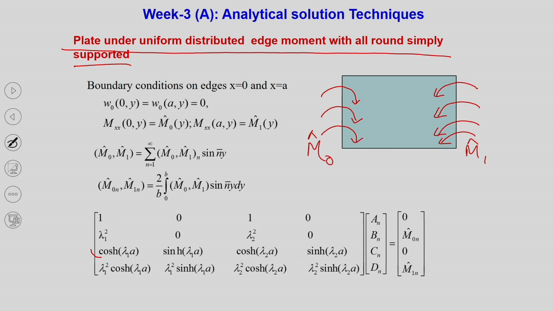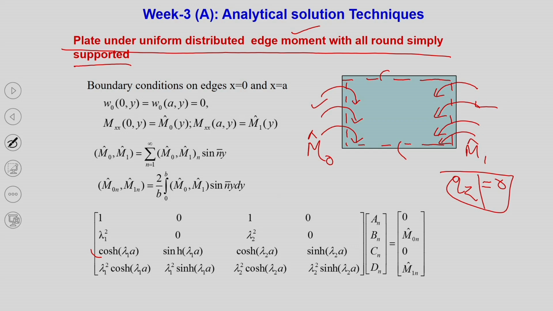So I am talking about a plate under uniformly distributed edge moments with all round simply supported. Instead of QZ, now the plate has this kind of moments. QZ is 0, but some moment is applied here. Let us say this is simply supported. Now can you solve that? You see that these two opposite edges are simply supported. The other two edges can have any boundary conditions. So a Levy type approach, we can go for that.